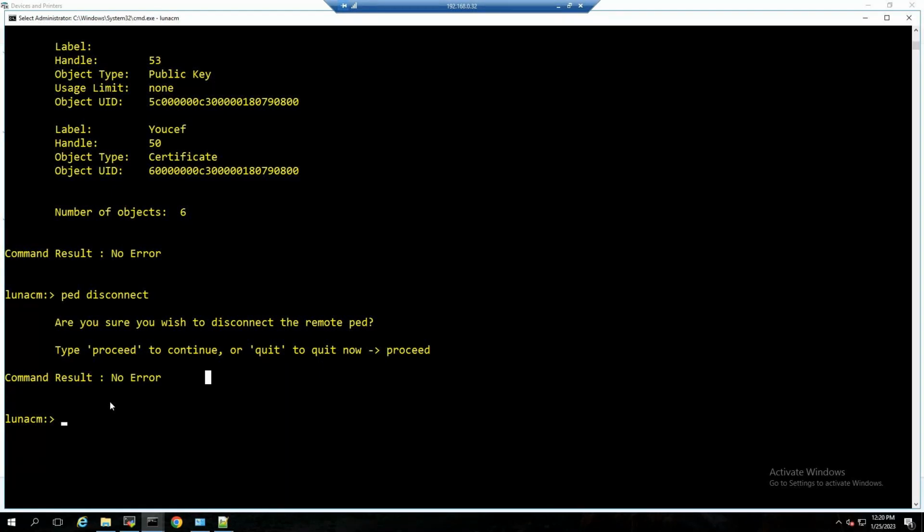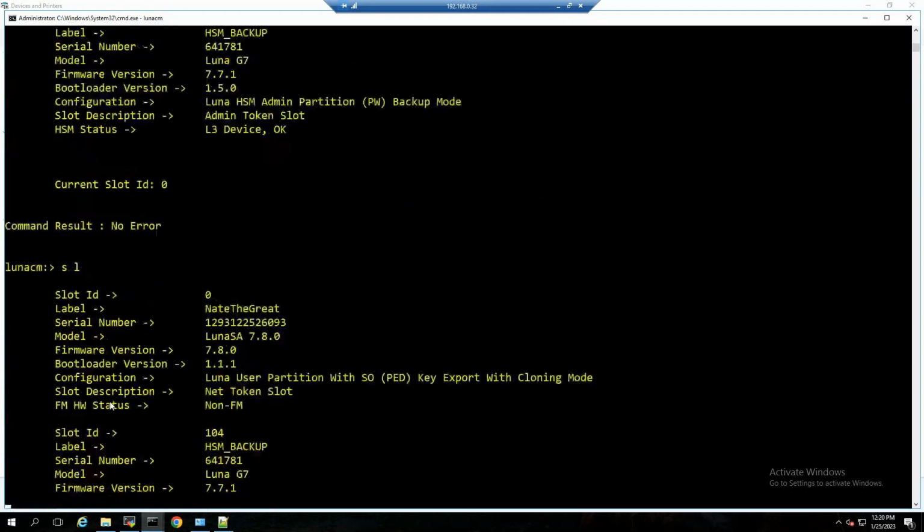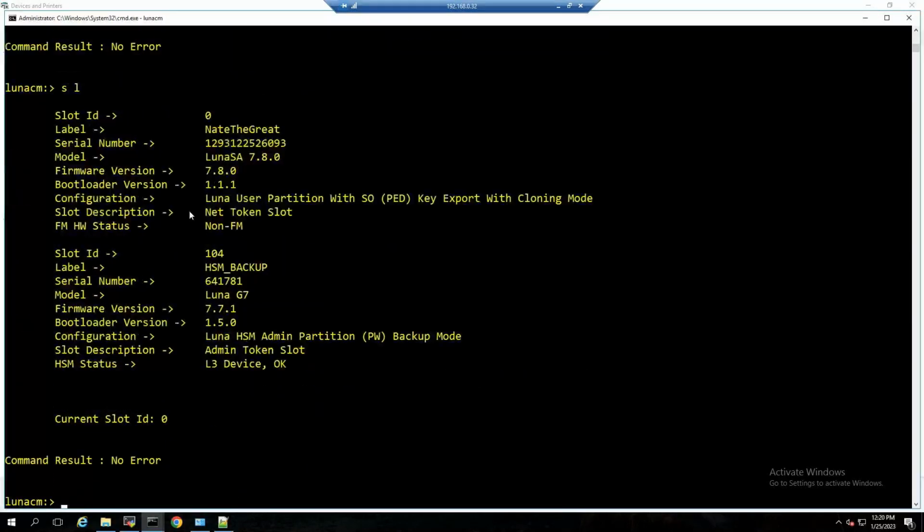Okay. So folks, there is a command s space l. The full command is slot list. You can use slot list or you can run s space l, same output. So this will give you the information about the current partition or current backup HSM you can see from your